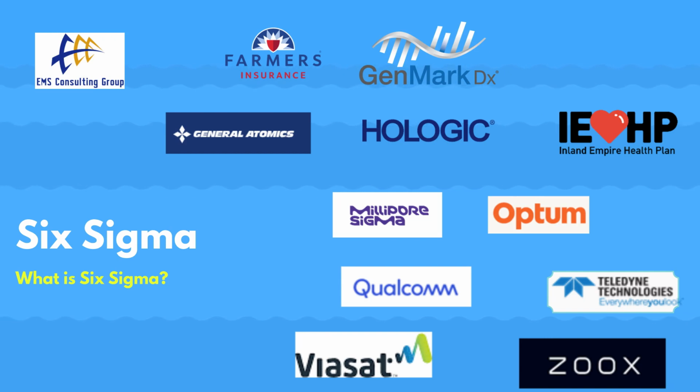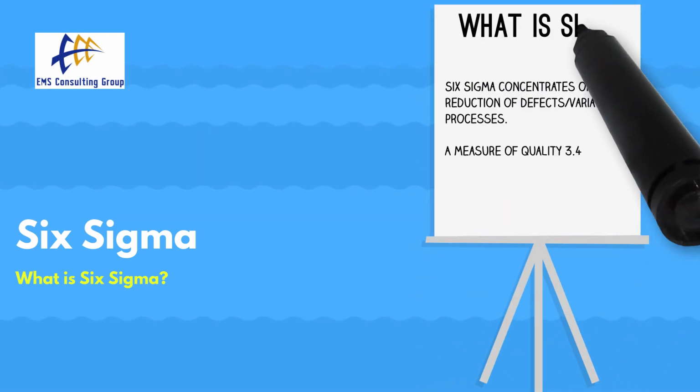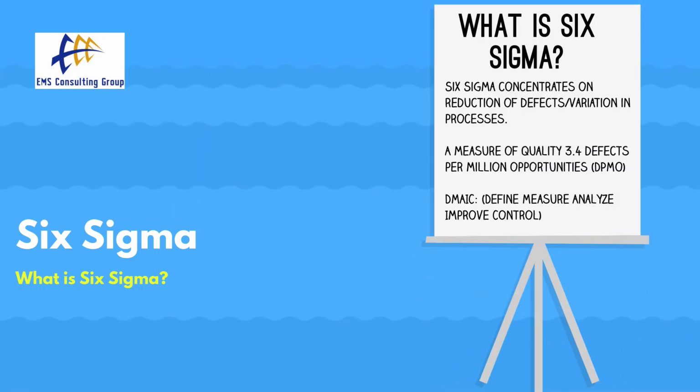In today's video, we are going to explain the Six Sigma methodology. Six Sigma concentrates on reduction of defects or variation in processes. By defining and measuring customer requirements, you can determine how well your company's processes are meeting these requirements. Six Sigma, in statistical terms, translates to 3.4 defects per million opportunities. But, as we'll discuss later, it's best to use Six Sigma as a methodology for improvement rather than to achieve